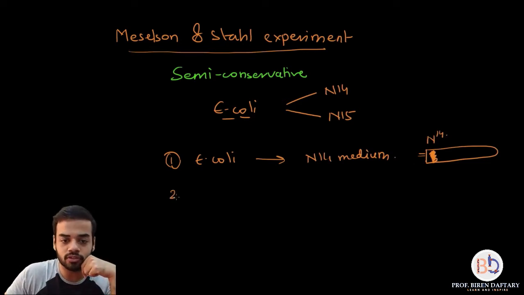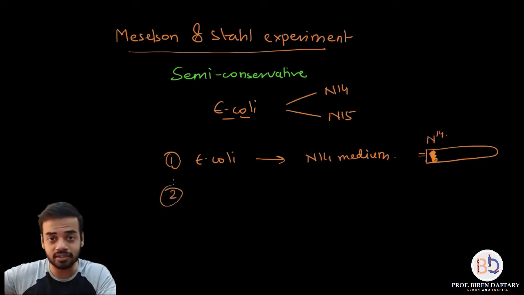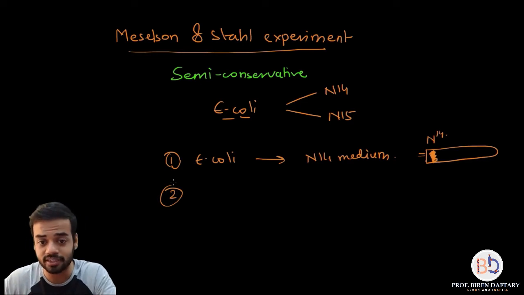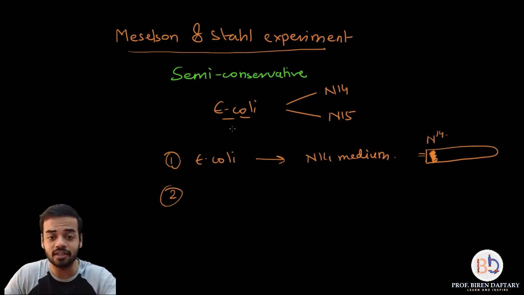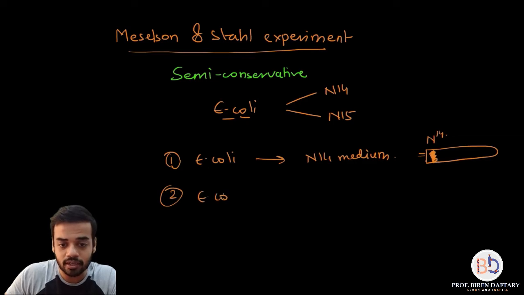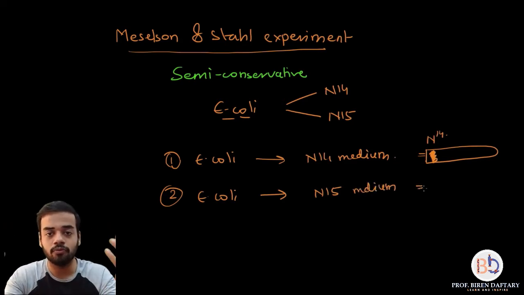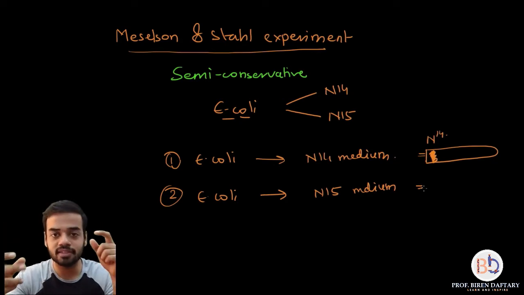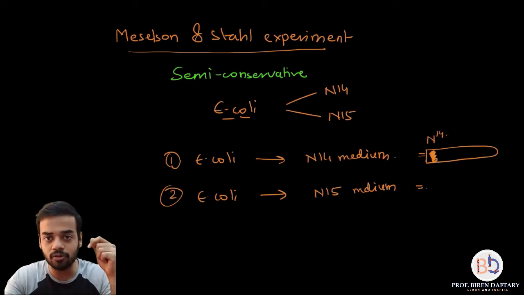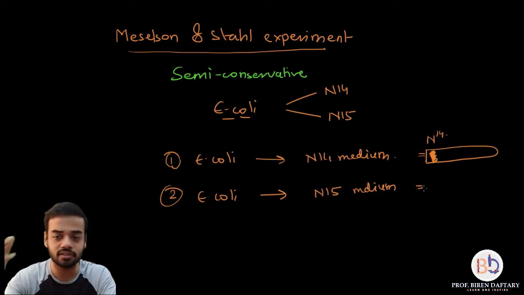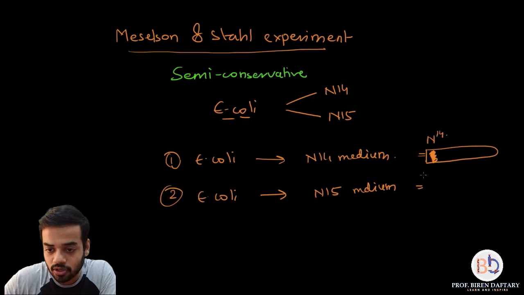Then they took another different batch of E. coli, not the same one over here. They took another batch, and that E. coli they grew in N15 medium. Okay, and now when E. coli are grown in N15, they will take up the N15, and then again the same thing: the DNA was removed from E. coli, it was subjected to centrifugation, and after centrifugation the tube showed...